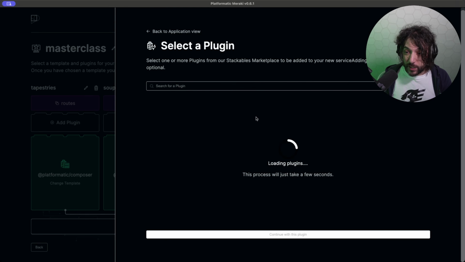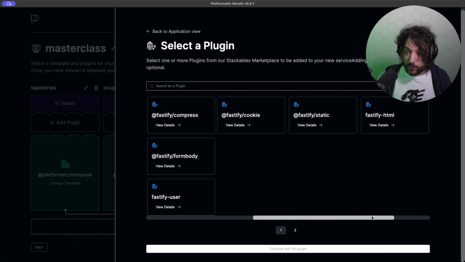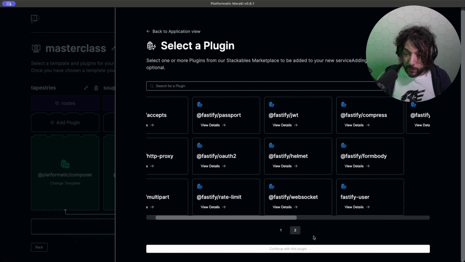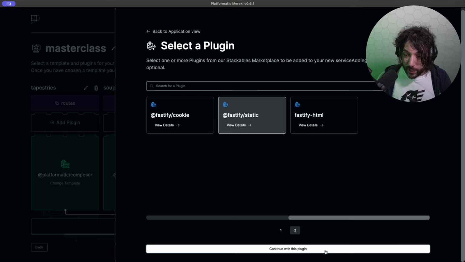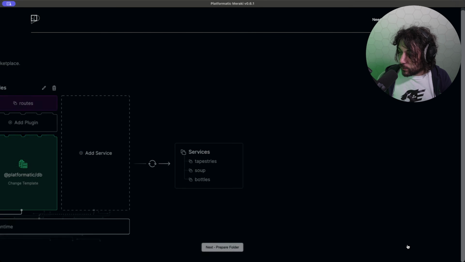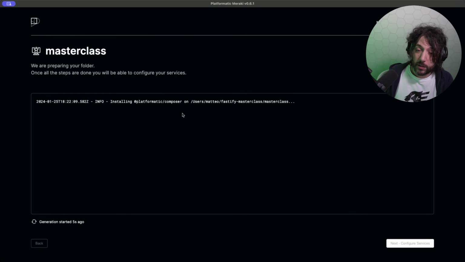And for example, you can even add some custom plugins here, and these are all Fastify plugins that we support, so you can check them out. For example, we have Passport or JWT for handling them. We can use Fastify Static, okay? And now we can go forward. And now you can see that it's downloading and installing everything. And by the way, you can follow along in your